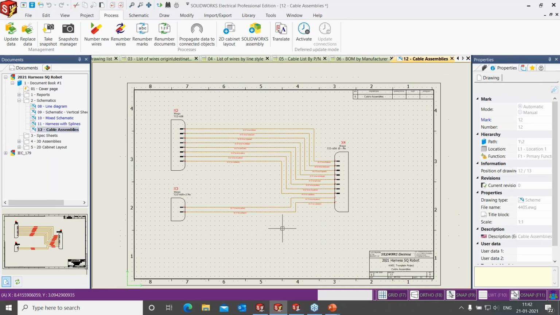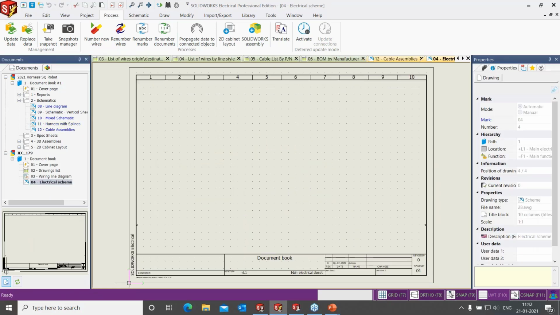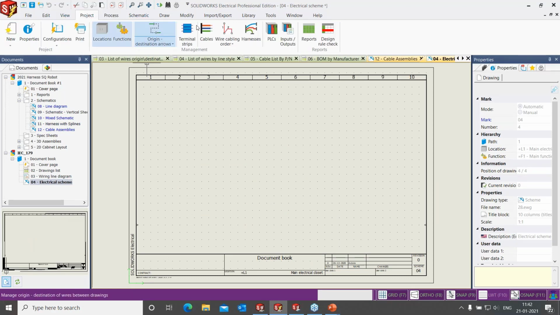So after completing this complete schematic, sometimes if we have any PLC designs, we can deal with the PLC designs in SolidWorks Electrical as well. So there are two ways of generating the PLC drawings. One is the manual process, where we can get the symbol onto the schematic and then rig up the circuit,